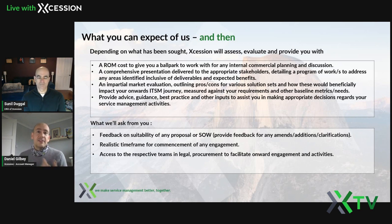And then if it is a statement of work or a proposal that we sent you, we'll ask for feedback. Is this what you're looking for? Is this going to meet your needs? When can we commence with this? What obstacles are there that we can help you overcome so that we can get the work underway and then take you on that journey to those better experiences and better outcomes? What's the time frame? Are you looking to do this now? It's always ASAP, right? But then realistically, how does that play into your organization's budget cycle and things, and realistic